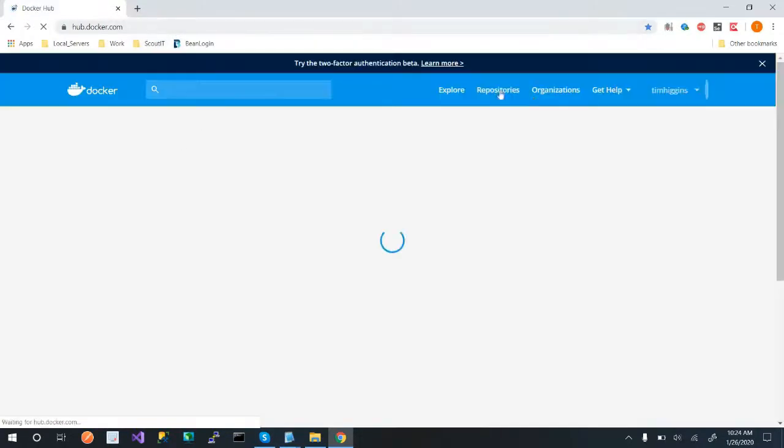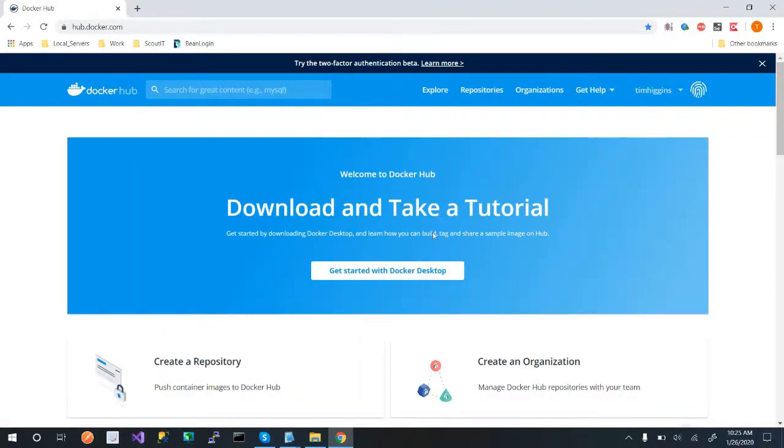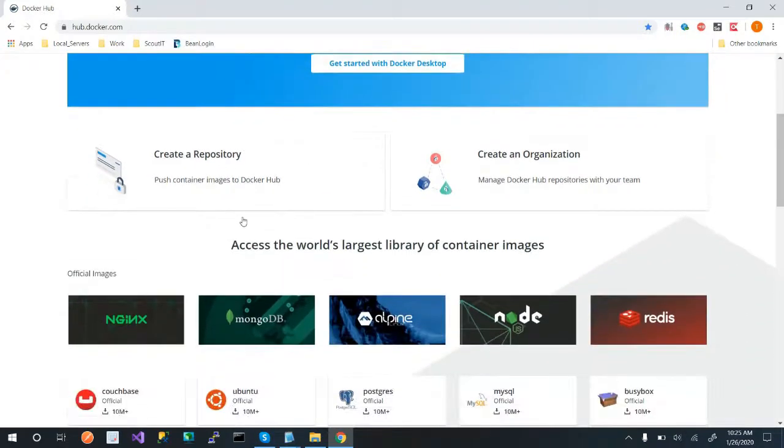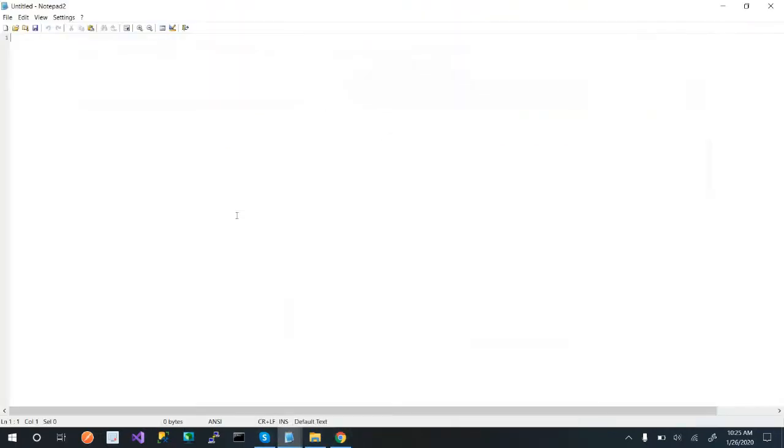So you want to go to Docker. You want to create an account, and what that does is it gives you this option for what is called a hub. Okay, and we'll talk about that shortly. A hub is just a place for your images. Now, what is an image? We've never used that word before. An image really is just, think of it as a template for your container. Okay, and that's all it really is.